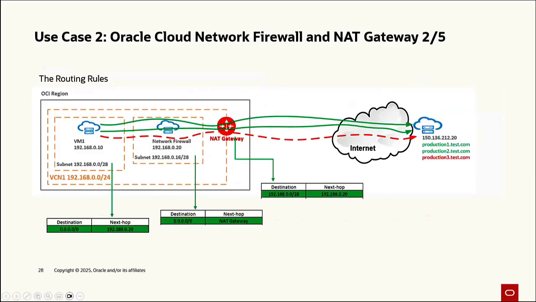And the NAT gateway for the returning traffic will point to the network firewall for the virtual machine 1 subnet. Right? So now, taking into account the routing configuration, we are sure that our traffic is flowing over the network firewall, and we need to analyze the configuration that needs to be done on the network firewall for the URL feature